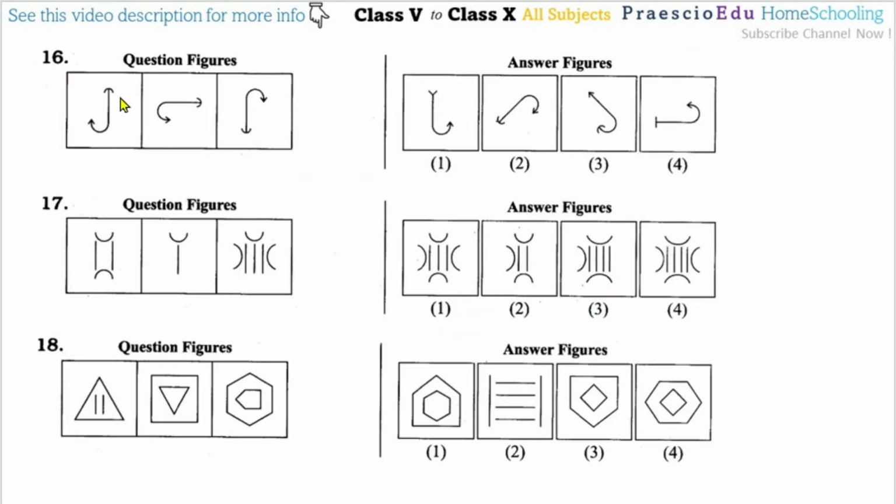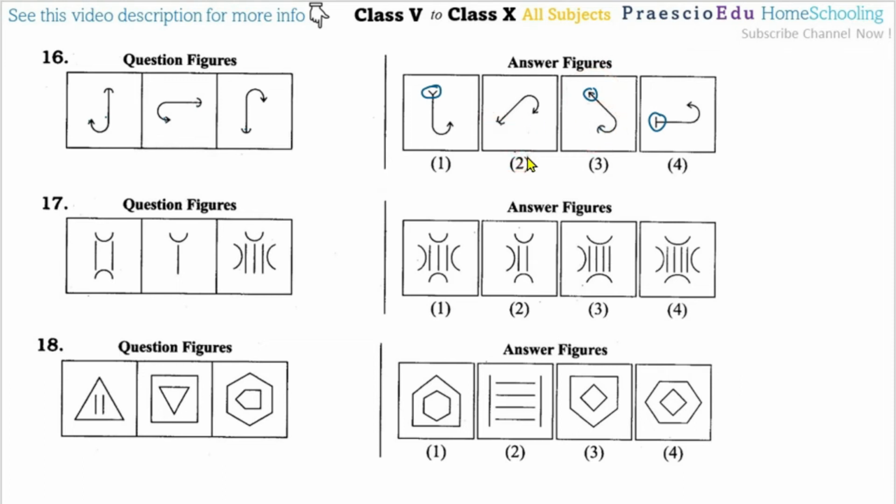Question number 16. If you observe this small half circle having this arrow, here also the same, and this top one having the half circle, here also the same, and here also the same. Now these three figures differ only in orientation, or we can say rotation, meaning the orientation is different but the image is the same. To match this one, this is a different one and this is also a different one. Now the arrow here is different, actually this should be for this one.